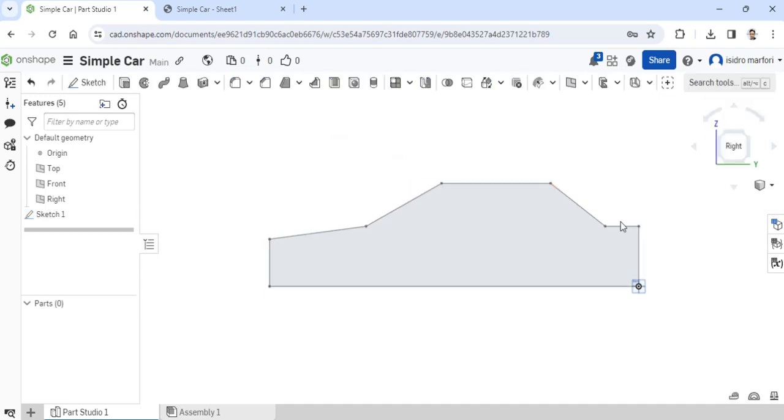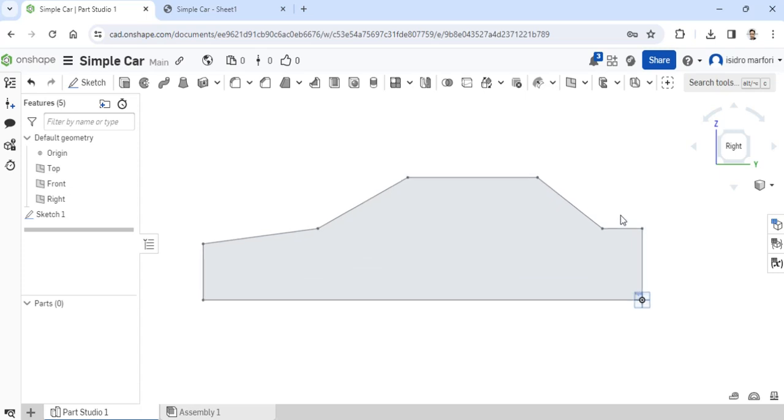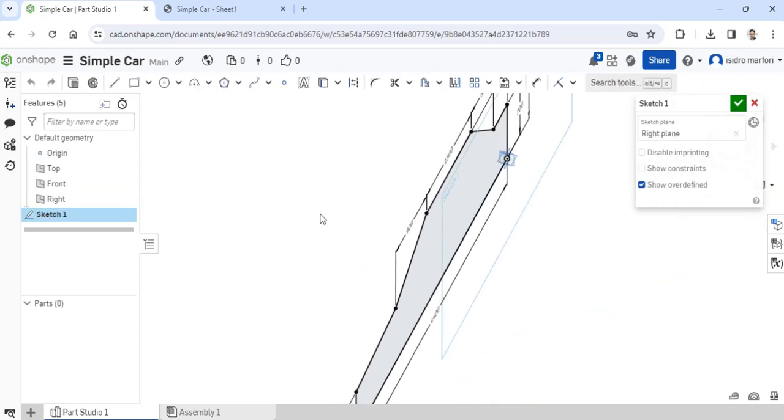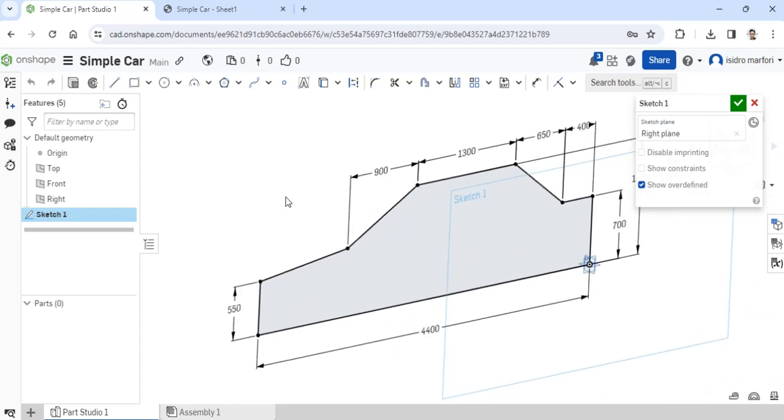Now don't worry that the dimensions of your sketch would disappear. It did not disappear. It's just you are now outside your sketch 1. Anytime that you would want to edit it, you simply double tap sketch 1 in your parameters list right here. When you double tap that, you simply enter sketch 1 again.